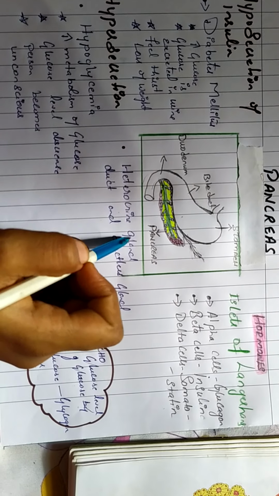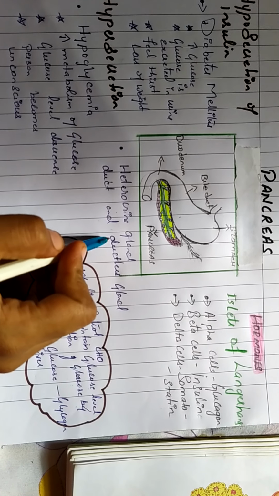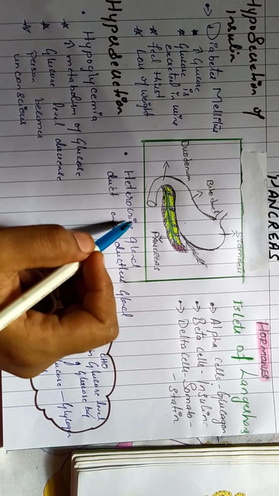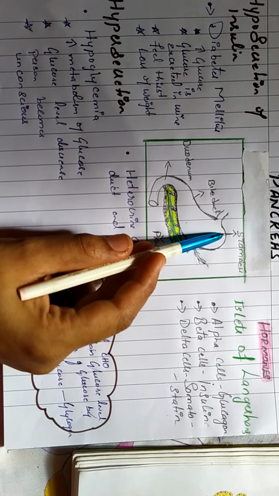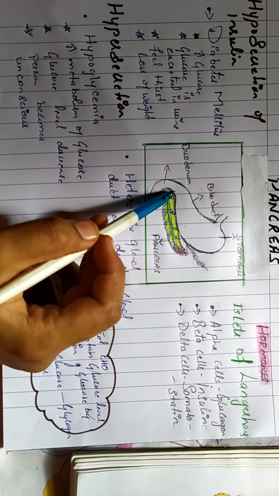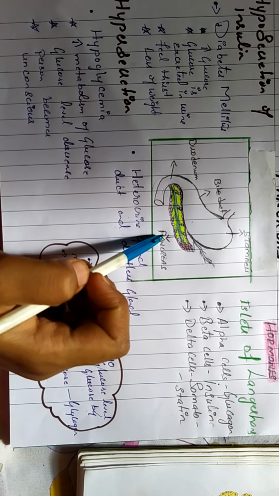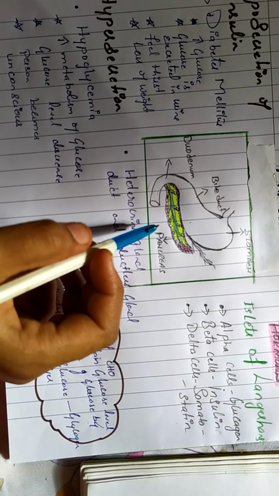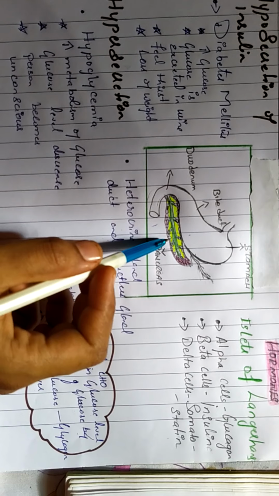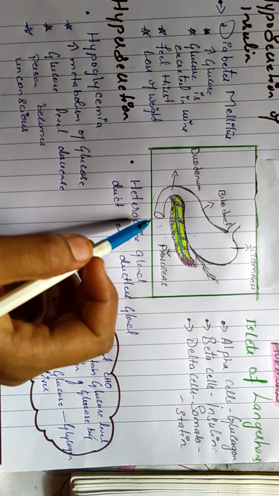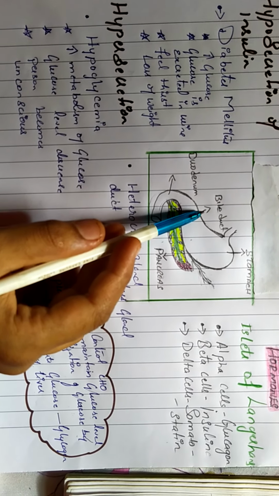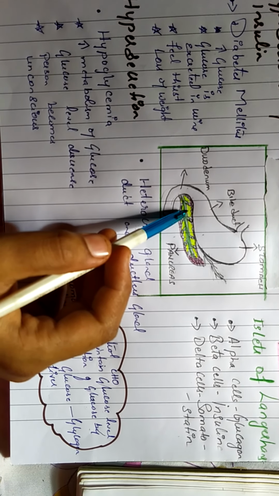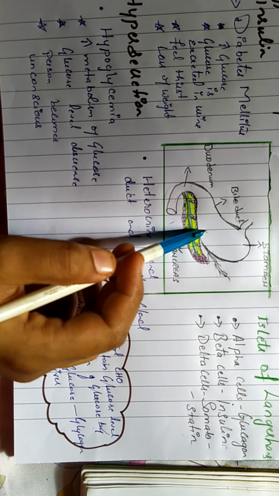The pancreas is a heterocrine gland because it is both a duct gland as well as a ductless gland. It lies along the posterior margin of the stomach in the loop of the duodenum. It is a lightly pink, leaf-like gland. The exocrine part produces pancreatic juice, which is carried by the pancreatic duct to the duodenum. This pancreatic juice contains enzymes which are important for the digestion of food.